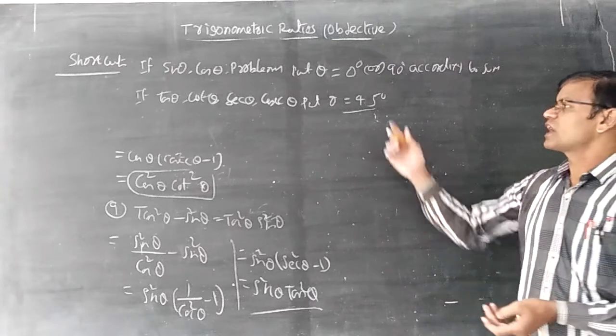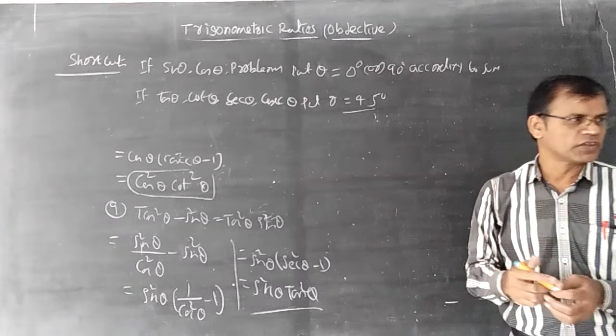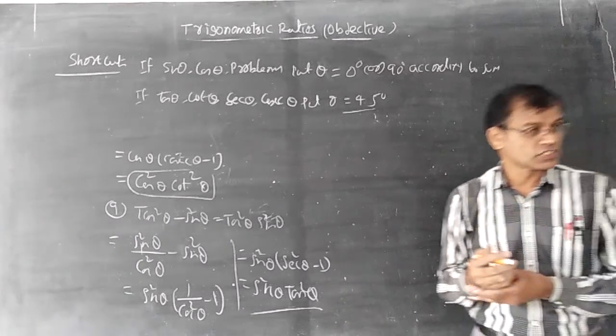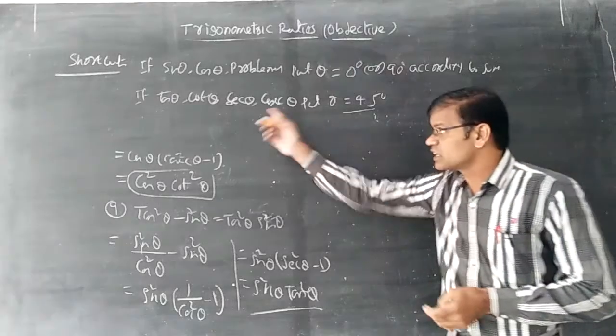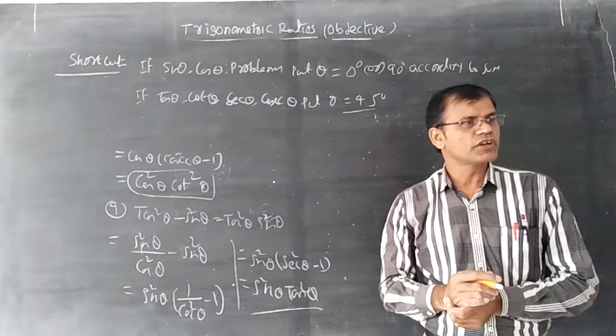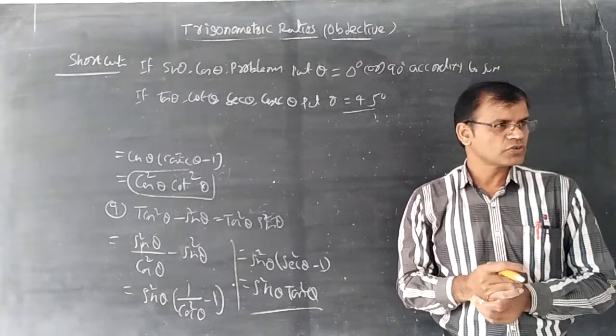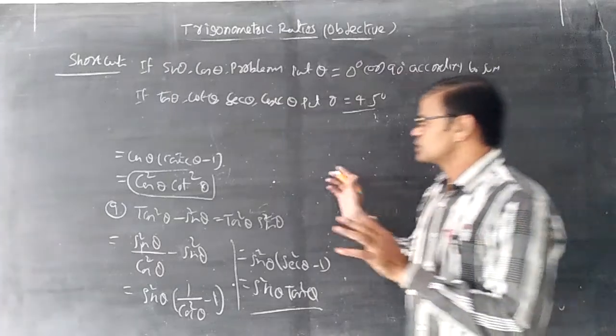That is why in so many cases a tan and a cot come side by side. Tan 90 is infinity, cot 0 is infinity, so we don't put 0. For secant and cosecant also the infinity case is there, because secant 0 is infinity, cosecant 0 is infinity, and secant 90 is infinity. That is why don't write it.